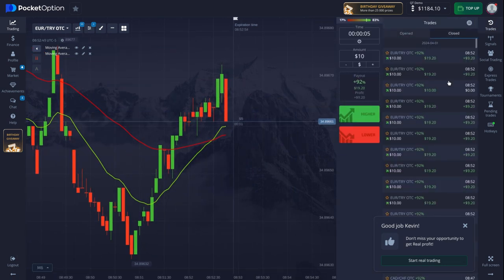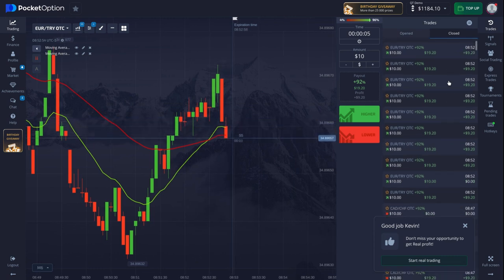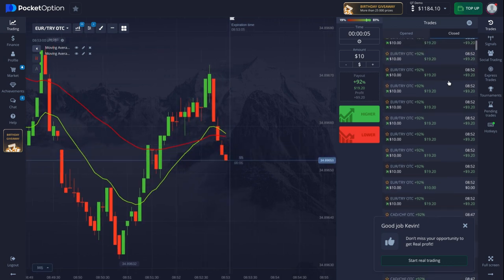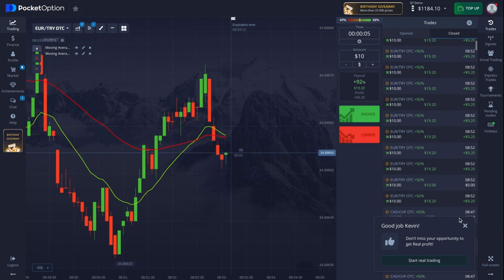And what we have here is pretty nice at 8:52 Central Standard Time. It looks like we got all wins, which doesn't always happen like that. So we got quite a few wins. We had a tie right here. And we are in a demo account here